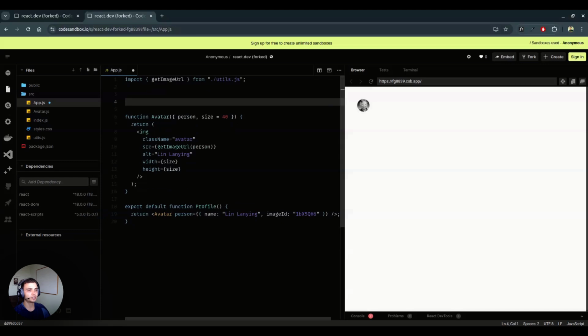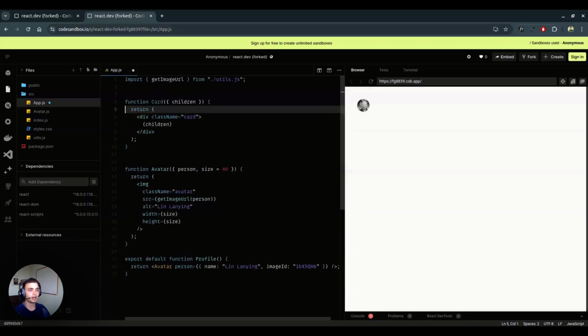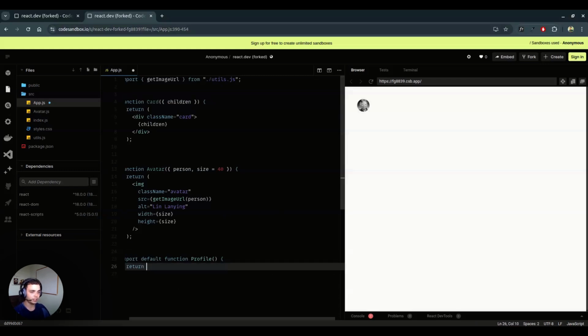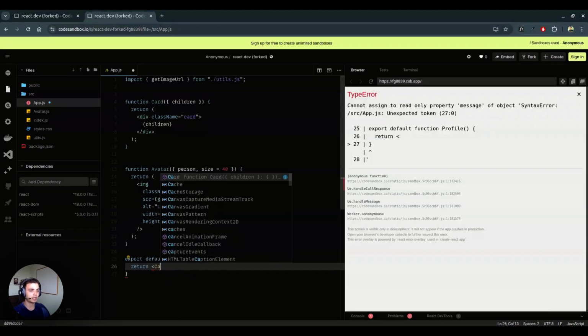In some situations, you might want to pass a component as a prop. Let me show you how to do this. Let me define a Card component here, and inside this Card I'm going to return a div with a card class, and we are going to read a children prop here and return these children inside our div. Okay, so here in our Avatar we can copy this here, and we can return a Card,